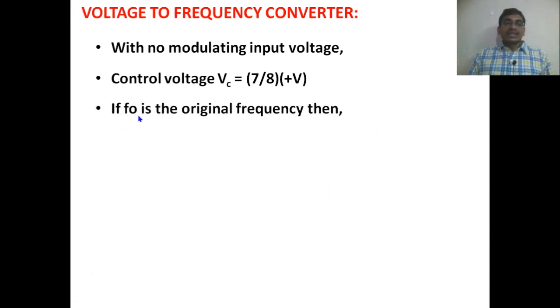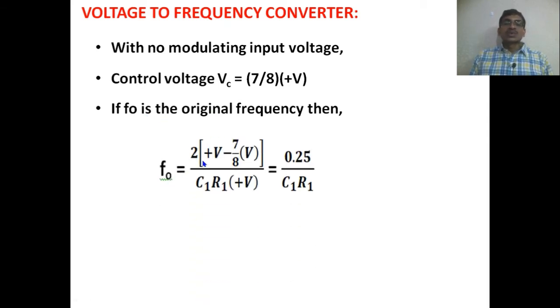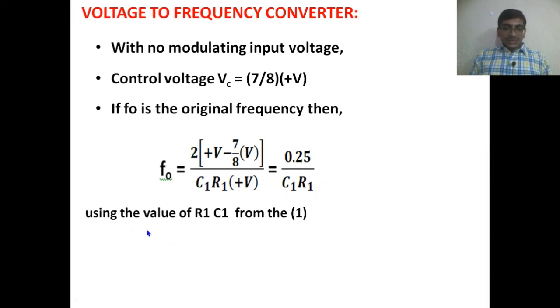And if F naught is the original frequency, then F naught is equal to 2 into (plus V minus 7 by 8 V, which is the control voltage) divided by C1 R1 plus V. So Vc is replaced as 7 by 8 V, which gives 0.25 divided by C1 R1. By using the value of R1 and C1 from equation number 1,